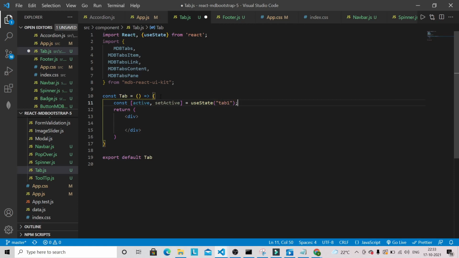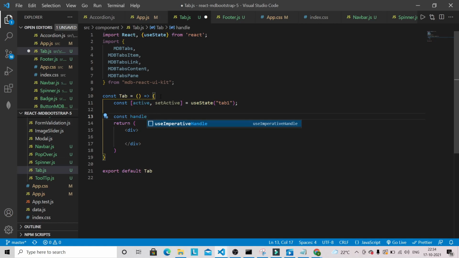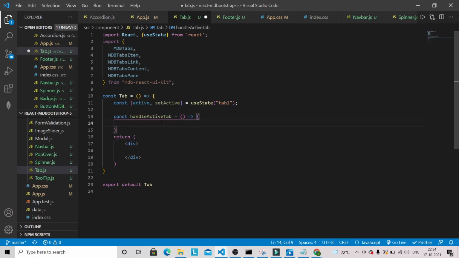Okay, and we have to define one handler to basically handle the state of the active tab. So handleActiveTab, and it will receive a value.